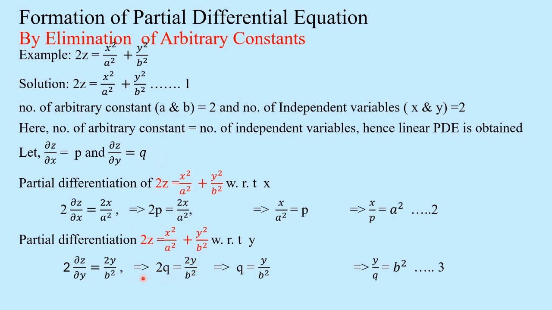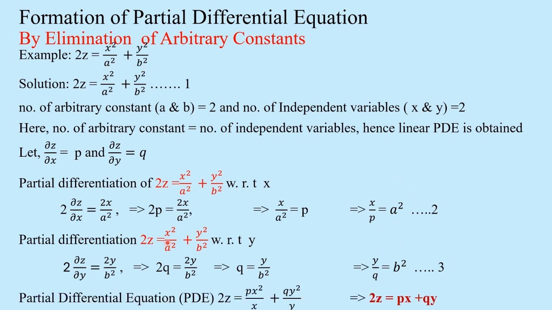Here 2 and 2 get cancelled. We get q is equal to y by b square. Bring this b square here and q here. We get y by q is equal to b square. Now we got the value of a square and b square. So we'll put the value of a square and b square here in this equation. So the required PDE obtained is, on substituting, we get 2y is equal to px square by q plus qy square by